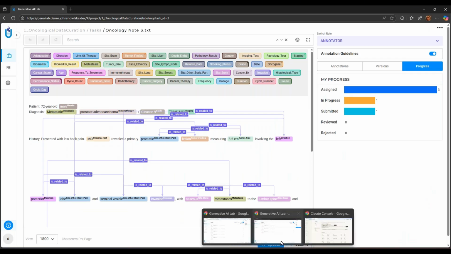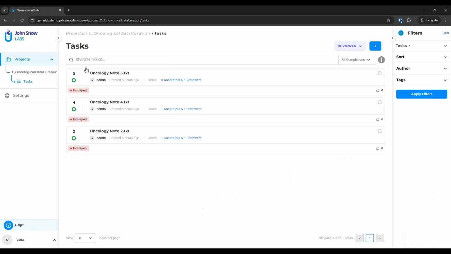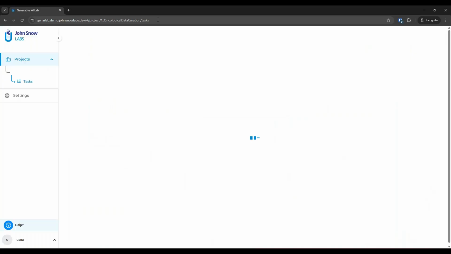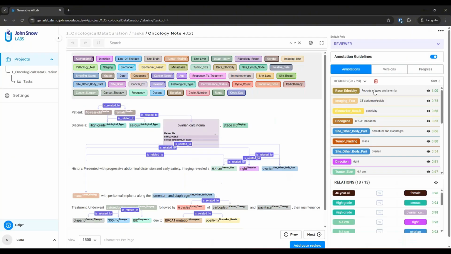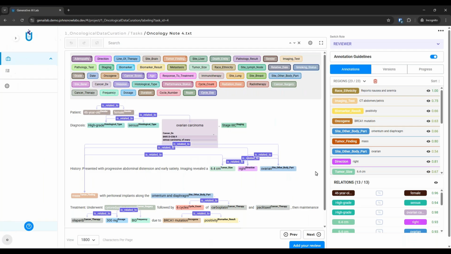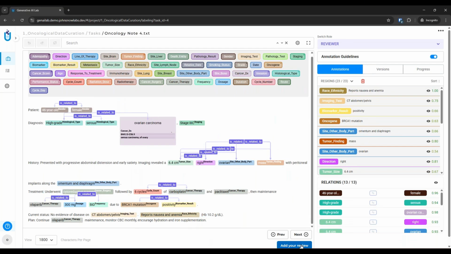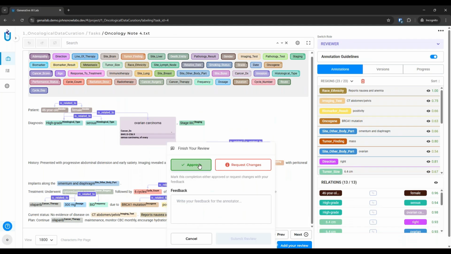Now, if we go and see the same project as a reviewer, let me quickly refresh. What will the reviewer view? He will see that there is one task which was already finished by the annotator. And here he will have an option to add the review. He can either approve it or request changes, and here add a comment, for instance, check